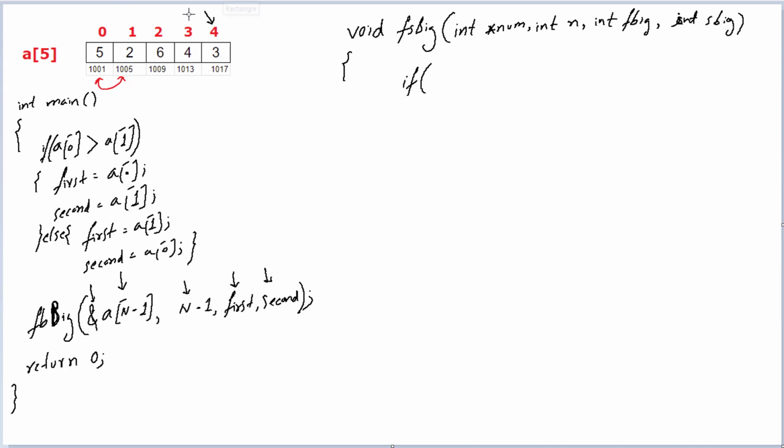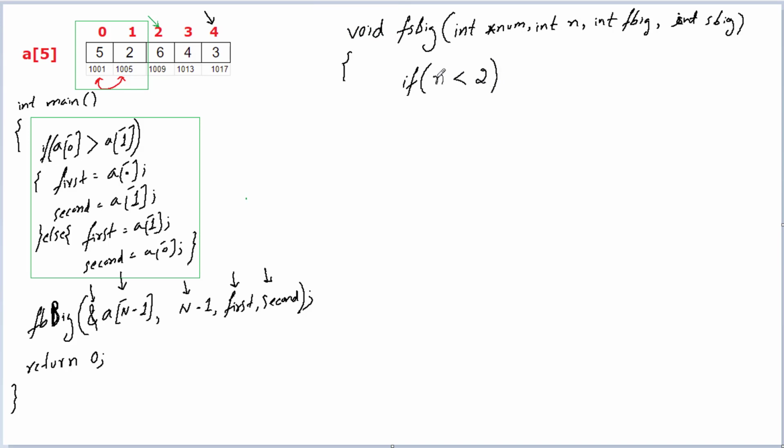Remember the code present inside your main method. These two things have already been sorted, and the first biggest has been assigned to first and the second biggest has been assigned to second, right? Let me highlight the code too. So this has already been sorted out, so we need not compare it again with these two values, okay? So the last index to compare is 2. So if n is less than index 2,